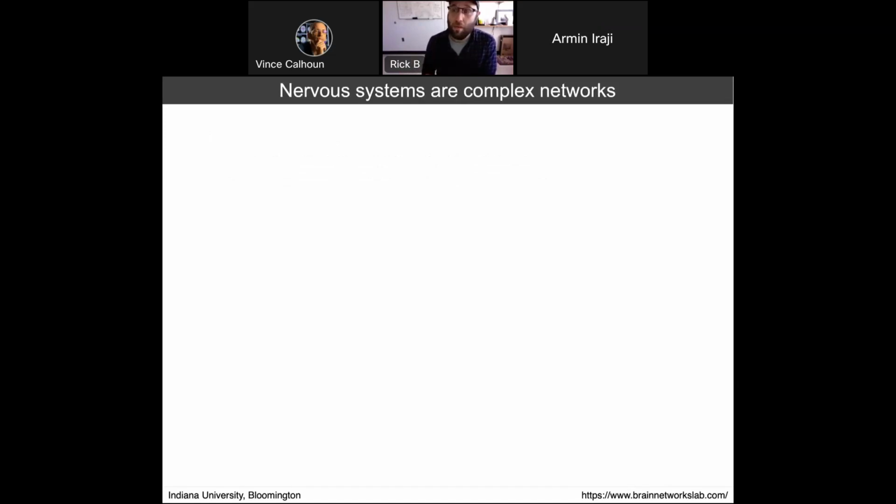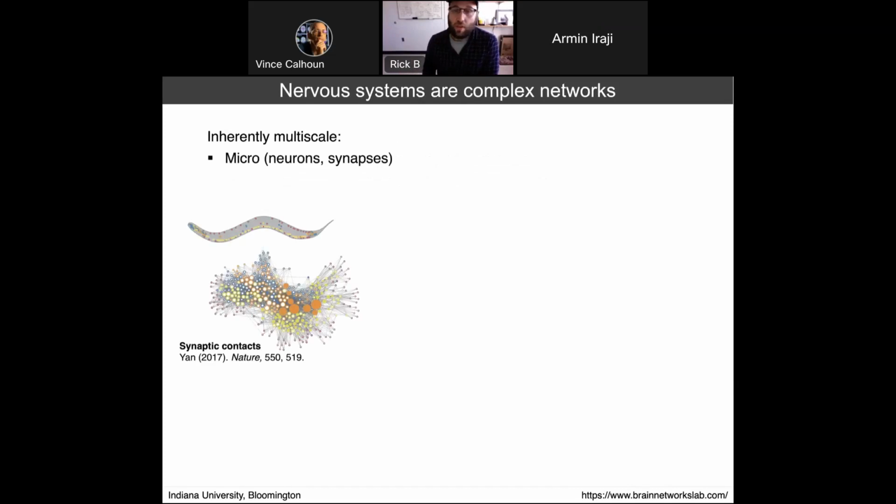So really a quick introduction. As I said, my lab starts with the premise that nervous systems are fundamentally complex networks. They're a special class of networks in the sense that they are multi-scale, meaning we can meaningfully talk about brain networks at different spatial scales, from the level of synaptic contacts between individual cells, individual neurons. Of course, C. elegans is the prime example of a cellular level connectome. The entire nervous system, chemical, electrical, and motor synapses, have been mapped out in this micro scale connectome.